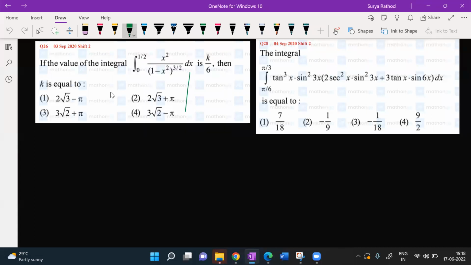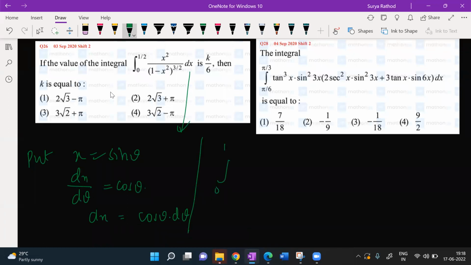For this type of question, guys, look at this here. What you have to do? Put x is equal to sine theta. Then if you differentiate with respect to theta, dx by d theta is equal to cos theta. So dx is equal to cos theta into d theta. Now the integral from 0 to 1 by 2 of x square divided by (1 minus x square)